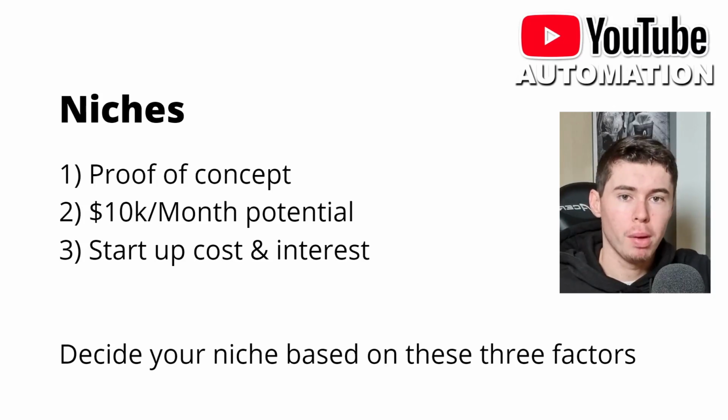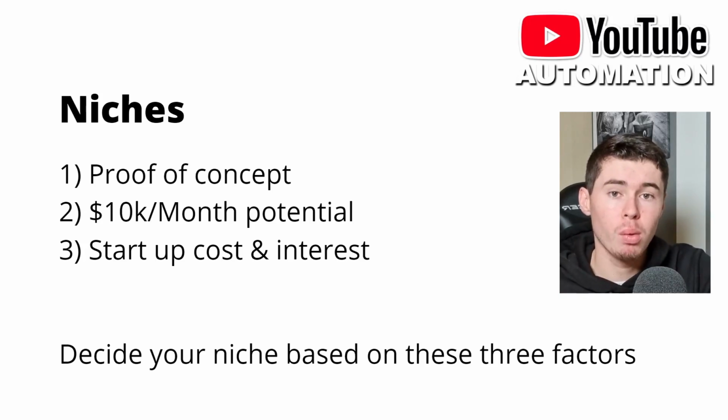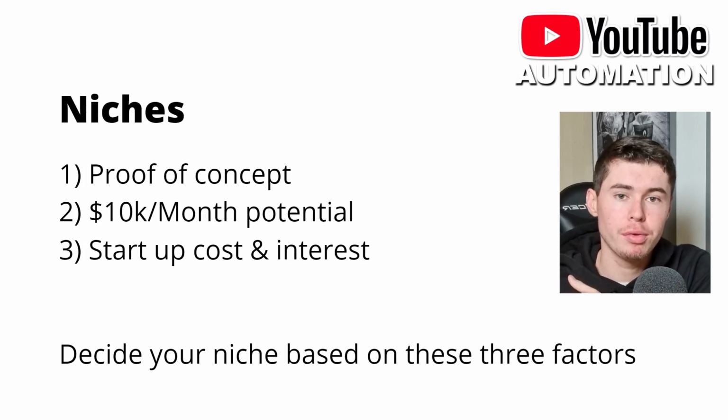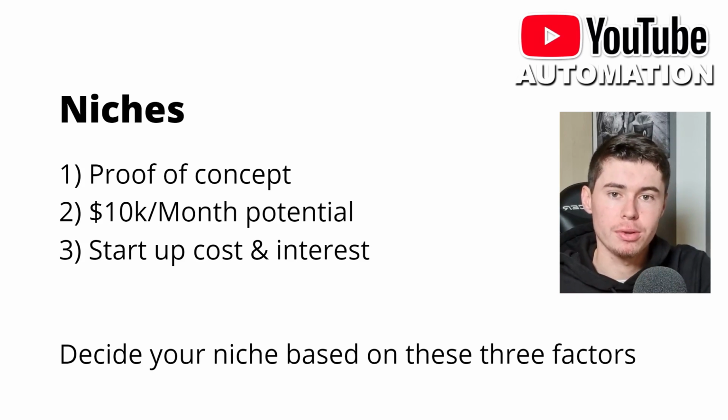Now that's cool and all, but once you've found a niche or you think you found one, how do you decide which one to go with? I myself like to look at 3 different factors, one of which is the proof of concept. So this is the most important one out there, because if there is proof of concept, you know that it works. Let's say that I come up with some random niche, let's say the fishing niche, and then some random format that has never been done before, and I got no clue about fishing. Honestly, that's probably not a good idea.